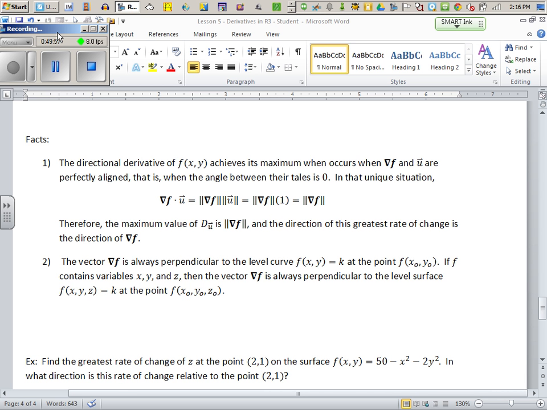The second bullet here is just saying what I told you about the level curve. If the hiker wants to take the steepest path to the top, he needs to take the direction that's perpendicular to the path he's standing on, the contour line he's standing on. Take a perpendicular path, and that will be the steepest to the top. These are all ideas